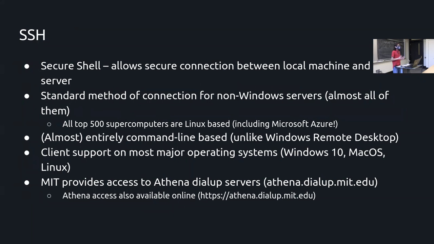So, we're going to be talking basically about the terminal and about SSH. SSH is the program that you use to connect to these machines like the Aurora supercomputer. What it gives you is a connection between a terminal on your machine, which is a place where you can enter text commands and receive text output, and a terminal on the server that you're connecting to. If you've ever connected a Windows machine to another Windows machine, you probably used Windows Remote Desktop, which gives you a graphical interface. But if you want to connect to a machine that's not Windows, basically your only option will be this text-based terminal.